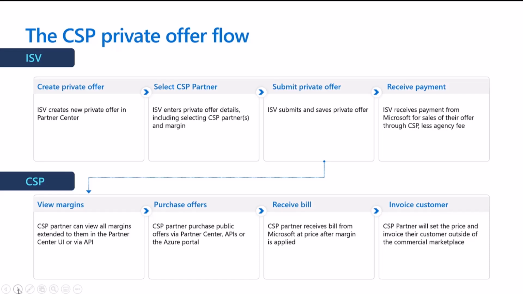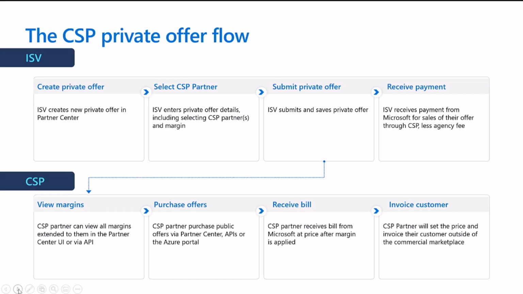They will choose whether it's percentage discount or absolute pricing, and then they will choose which CSP partners to apply that margin for. Again, this could be individual CSP partners or multiple CSP partners, and it could be for all or individual customers. Once configured, that ISV will submit the private offer, and once it's submitted, it's now visible for